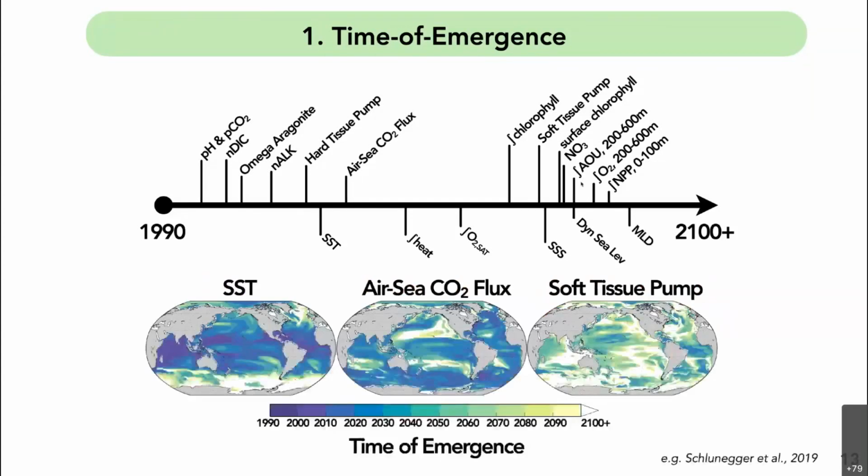And this diversity of emergence times also occurs within the same variable but over space. So there's also a lot of regional heterogeneity in when certain signals will emerge. So for example, if we look at air-sea CO2 flux here in the middle, the North Atlantic sees emergence timescales around 20 to 30 years versus the subtropical North Pacific takes a century or longer to have an emergent signal in air-sea CO2 fluxes. So this gives us indication of what an observing system might need to look like. It needs to span a long time scale and have a large spatial footprint in order to capture these changes.